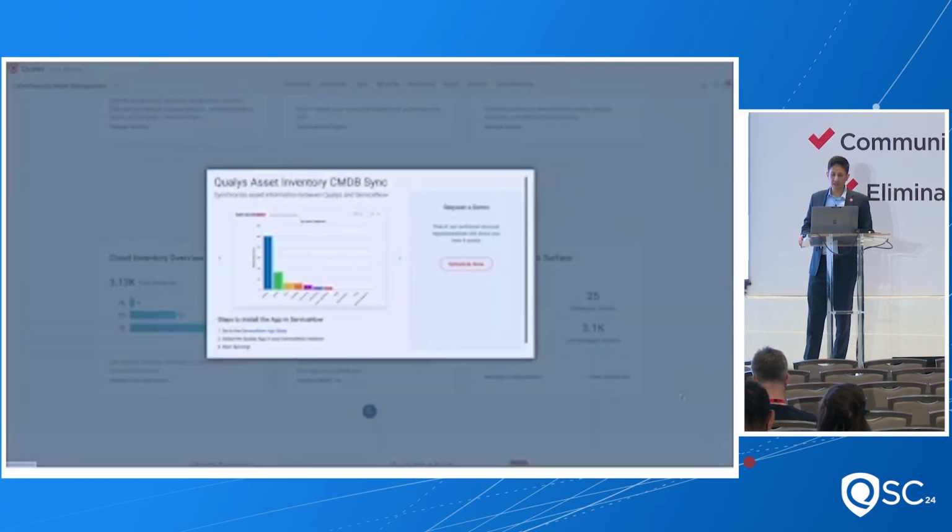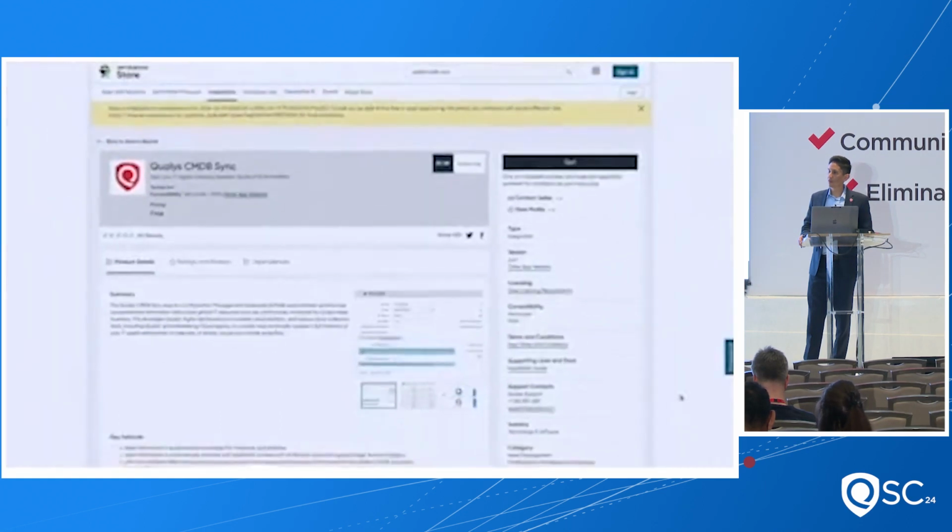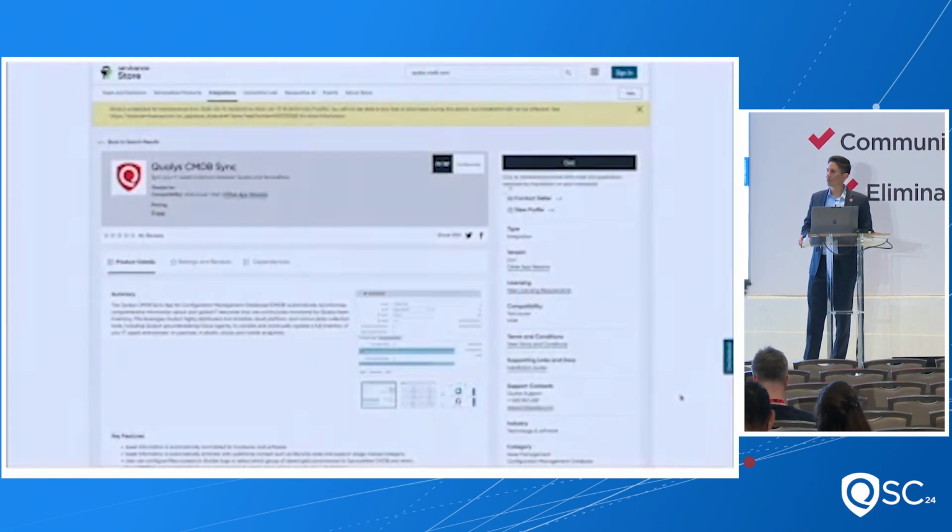And the last, as I mentioned, we have an app from ServiceNow that you can download directly from the App